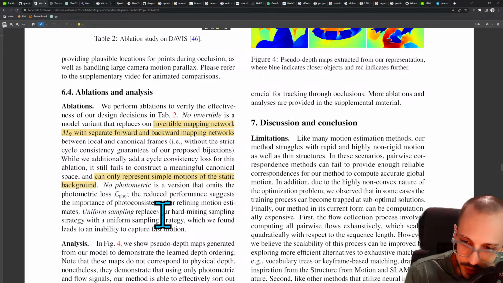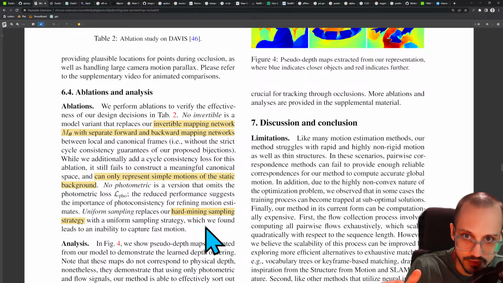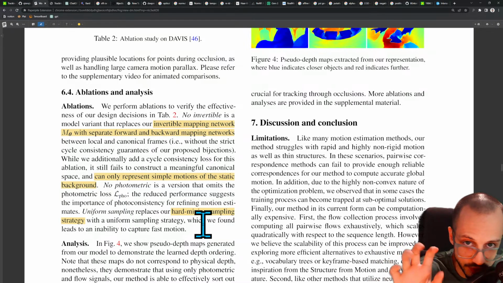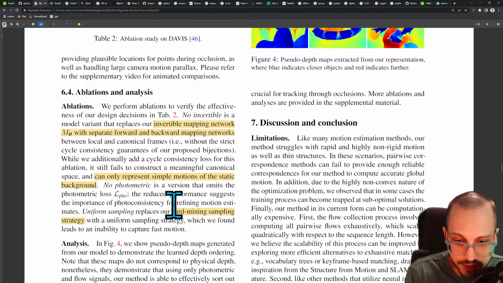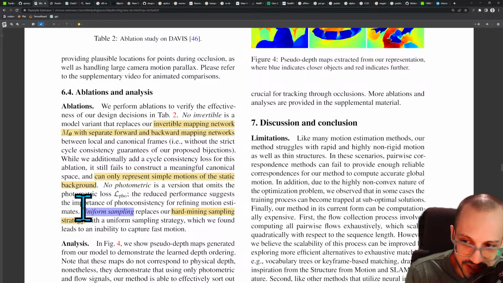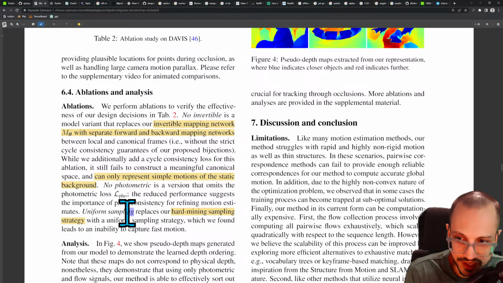And then uniform sampling replaces our hard mining sampling strategy with a uniform sampling strategy. So the hard mining sampling strategy, what they were doing is they're basically picking the points that have the biggest error, and then sampling more of those whenever you're performing training batches. So rather than doing this hard mining where they're purposefully balancing the imbalanced data set, uniform sampling makes it sound like it'd be more balanced, but because the data set is fundamentally imbalanced, uniform sampling actually results